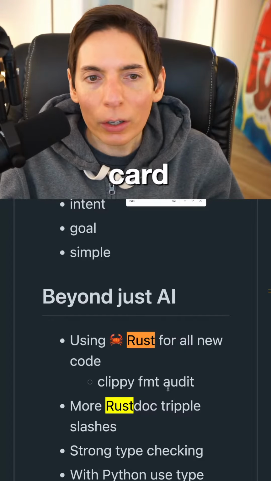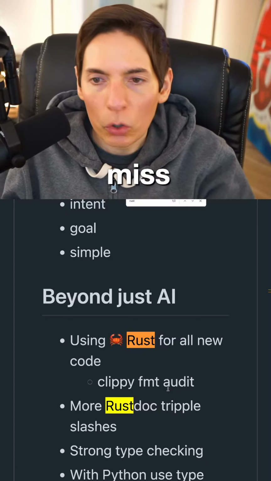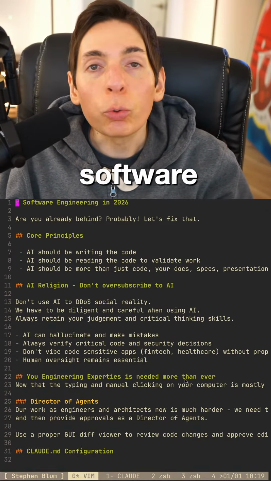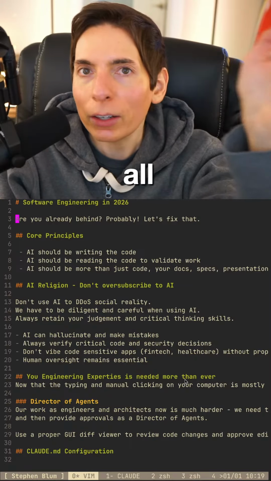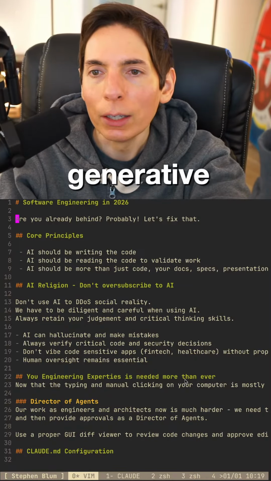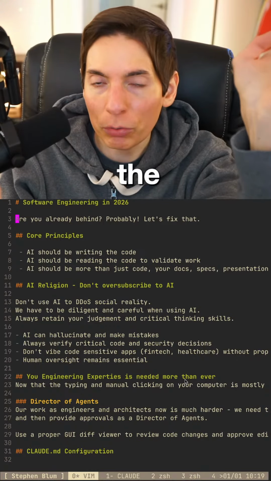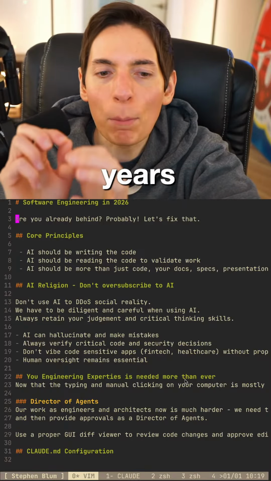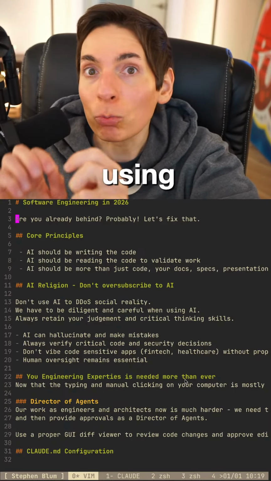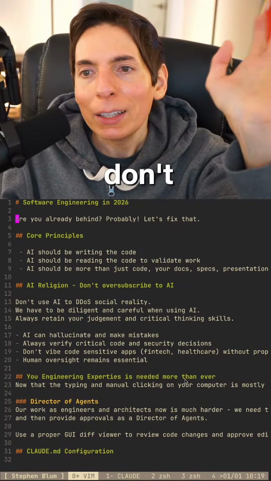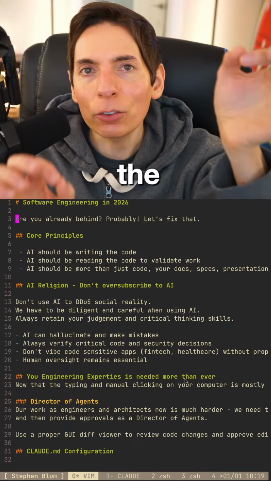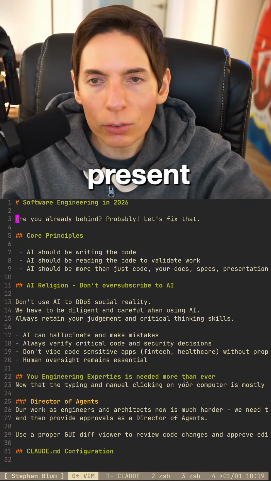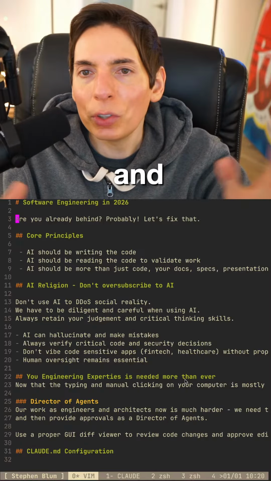Hey, Kardik, how's it going? What you're missing right now is that we're focusing on building software in 2026 as a software engineer. All the practices that you need, mostly from an AI perspective, generative coding. I'm coming from a perspective of being in the industry for a very long time, taking all those skills that we've used over many years and embedding them into a practice of using AI to write everything for us. Because right now, you don't need to do any of that labor anymore. The AI is going to write all that code for you, all your documentation, all your tests, all of your presentations. It can do all that work for you, and you just need to fulfill your goal.